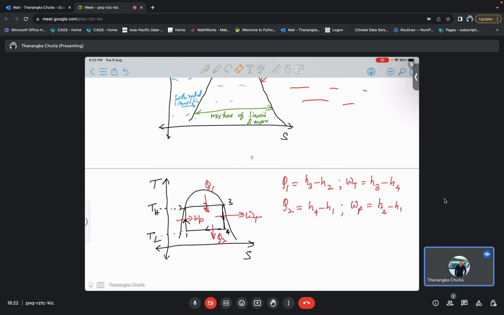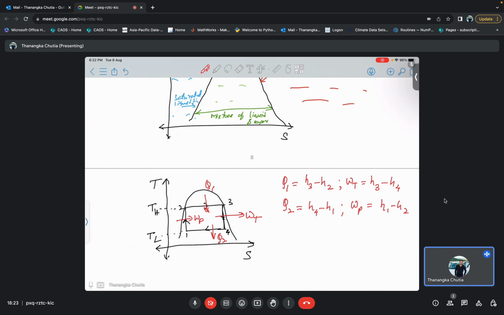I've removed all the negatives here. I'm just putting all these positive terms. You know that it will be negative positive, so I'm putting it as it is. So this will basically be your H1 minus H2, and this will be H4 minus H2. Okay, so then